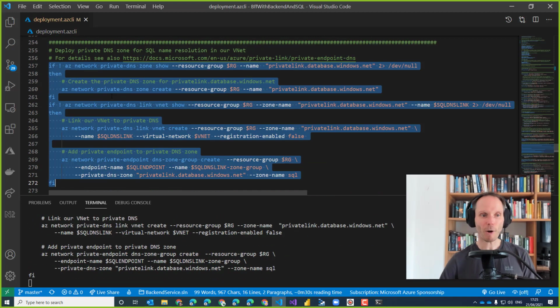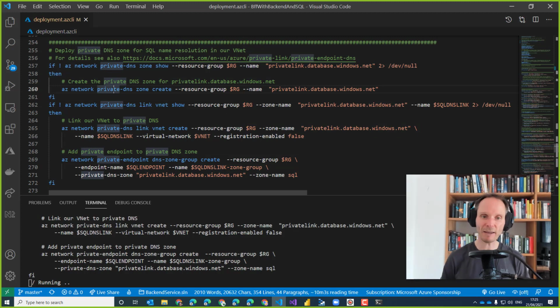The next big topic is DNS, because having a private IP address is one thing, but making use of it is another thing. Because you see, for databases and also web APIs and so on, of course, I use TLS. And therefore, I can't really do a lot of interesting things with IP addresses. I need DNS names in order for the certificates to work properly.